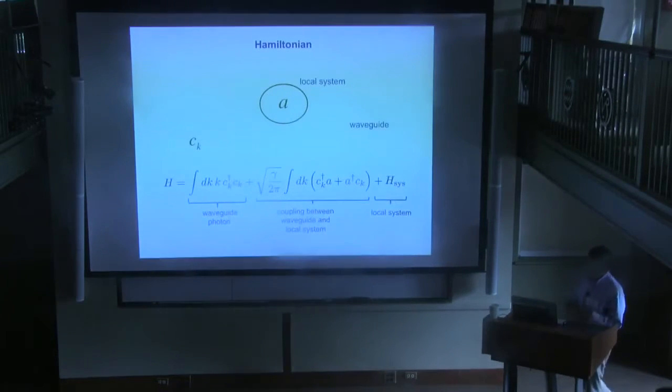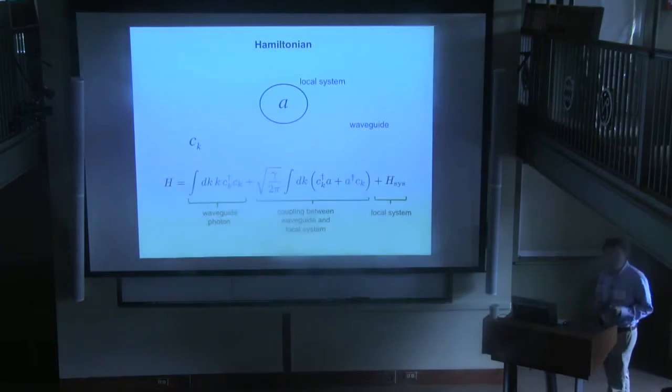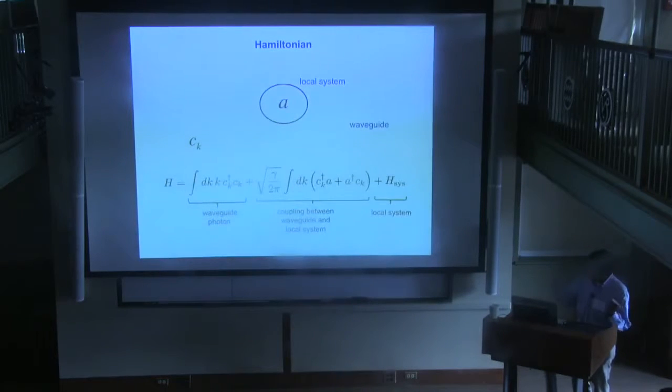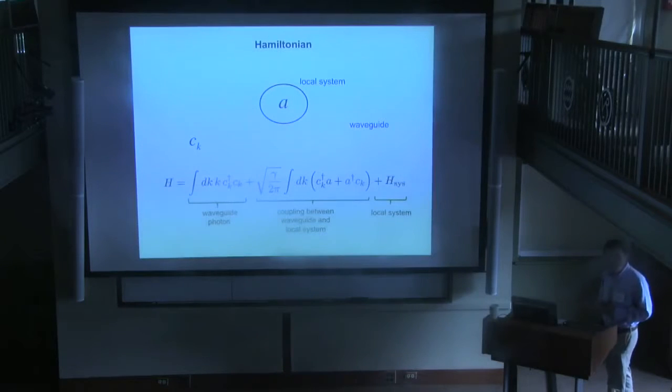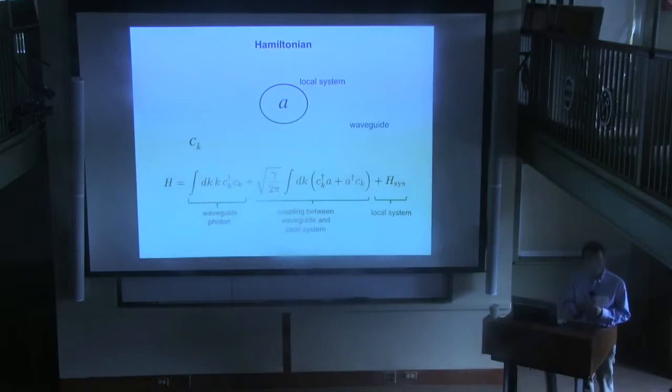Of course, to do computation, you start by writing down the Hamiltonian. And here we just look at perhaps the simplest Hamiltonian, in which we have a waveguide photon. So these are basically propagating modes. And we do the simplest thing here: we only have linear dispersion inside the waveguide. And then we couple into a local system here. The local system has many quantum degrees of freedom. In particular, we isolate one of them, and that's called a. It can be thought of as, for example, the cavity operator, or the spin operator if we're trying to couple to a two-level system. And the coupling of it is in the rotating wave